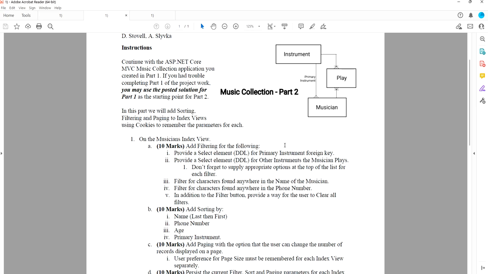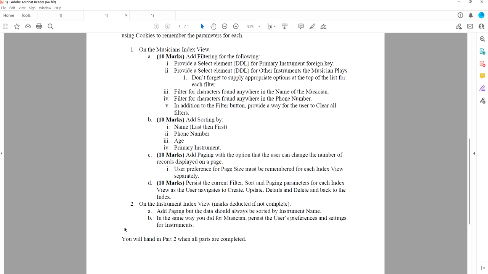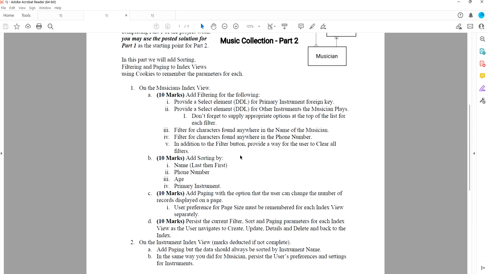The musician index view, adding filtering, sorting, paging. Yeah, sure, we did the same sort of thing to the index view of the instrument as well, but not nearly to the extent we did with musician, right? We wanted to add quite a bit of options for filtering, with a drop-down list for the primary instrument that a musician plays, any other instrument that they might play, as well as, of course, things like the characters and the name of the musician, characters anywhere in their phone number, and then we'll be able to apply our